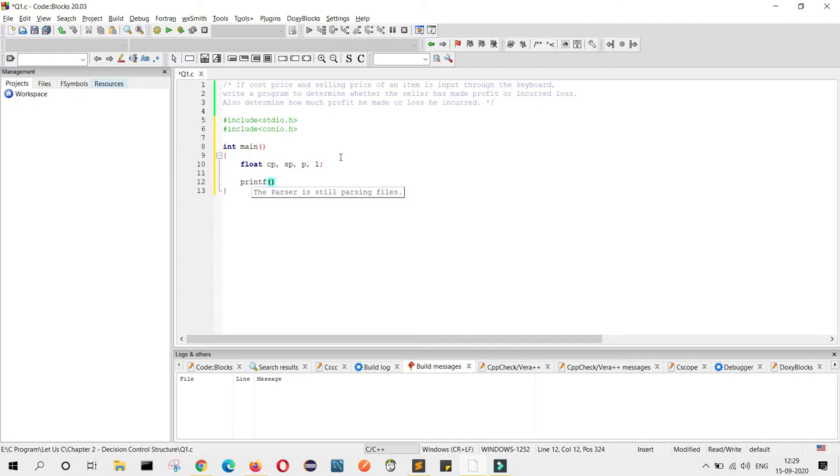Now first we will write printf, enter the cost price of an item.